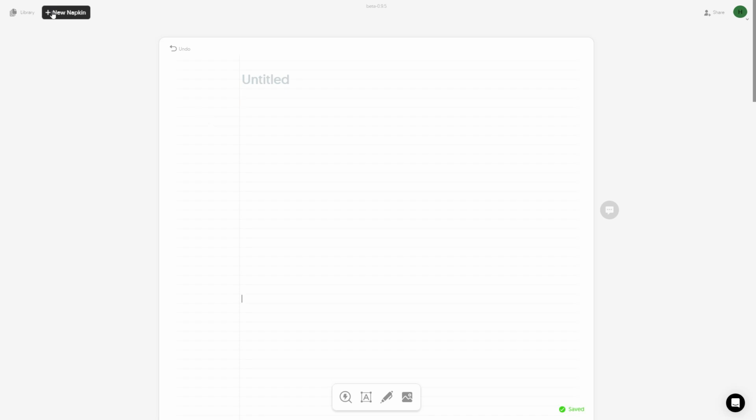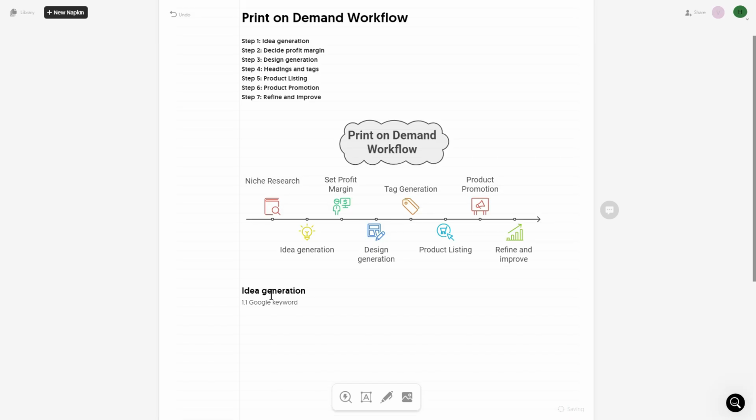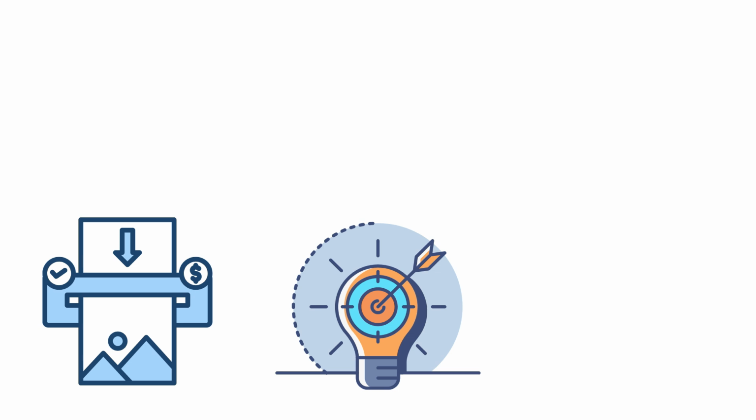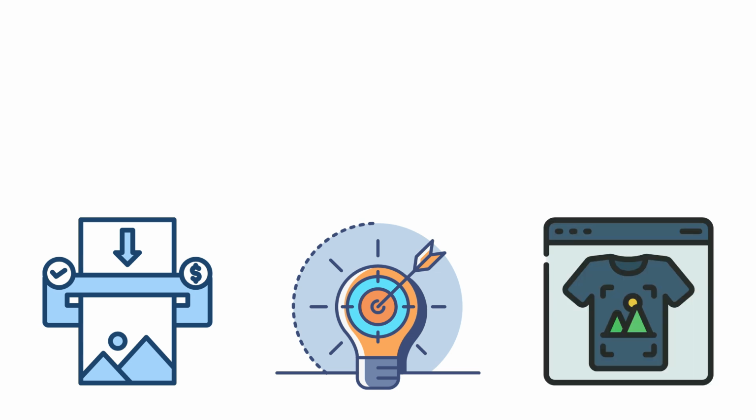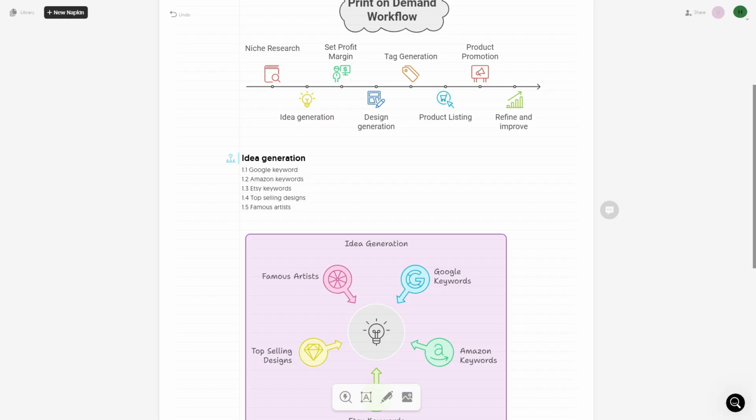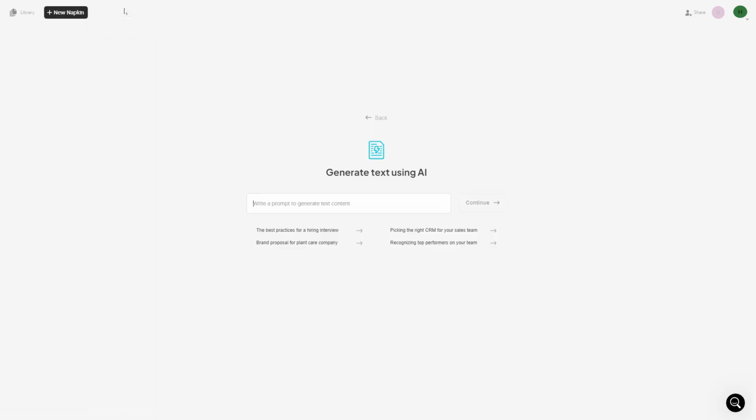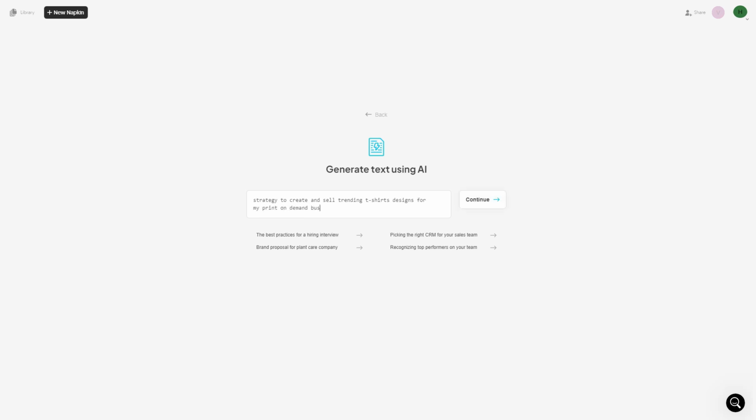And finally, let's explore another cool feature of this AI tool, without which I don't think this video would be complete. So until now, we have been typing or pasting our text manually. But let's assume that I want to start a print-on-demand business and I want to create a process flow or a strategy to create and sell, for example, t-shirts, but I don't have any idea about it. So let's click this plus sign here, and this time I'm gonna choose draft with AI. In the prompt box, I'm gonna write strategy to create and sell trending t-shirt designs for my print-on-demand business and